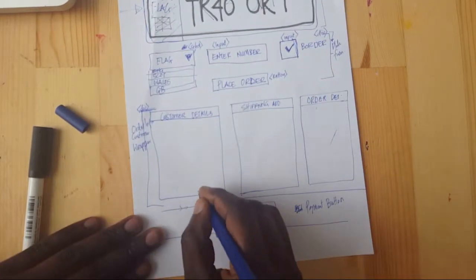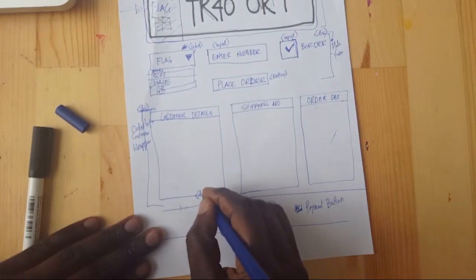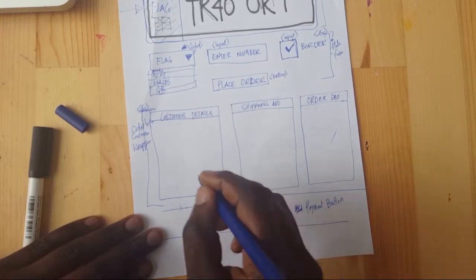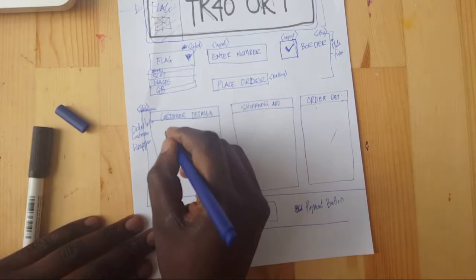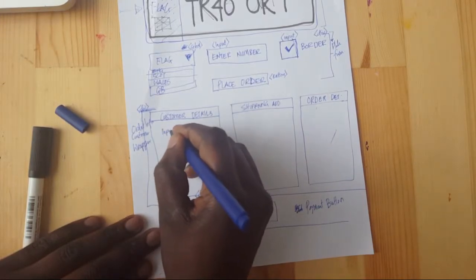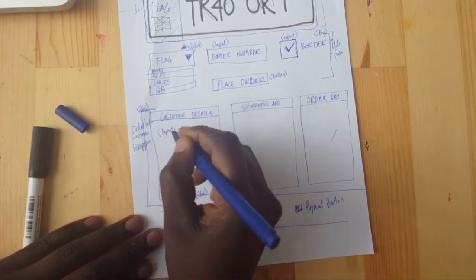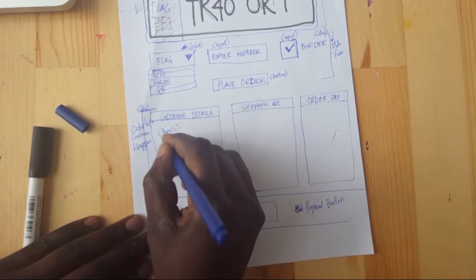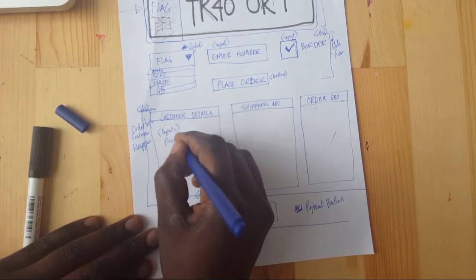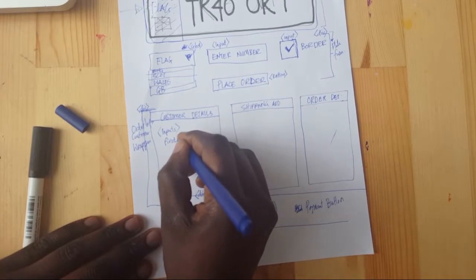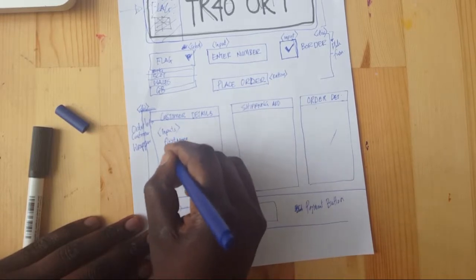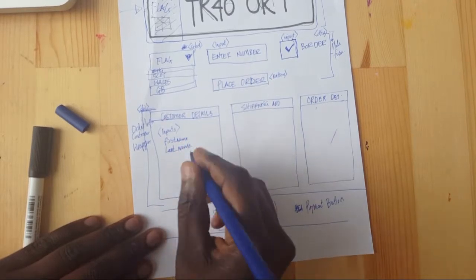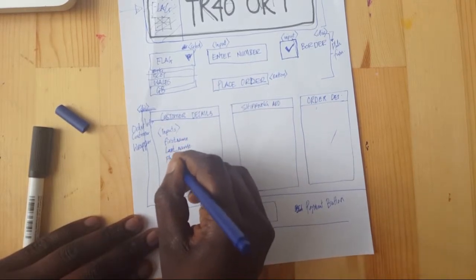So this basically is another div, and it will have inside it inputs. Our inputs will be probably customer details. We'll have like first name, last name. We'll probably have a phone number input around here,